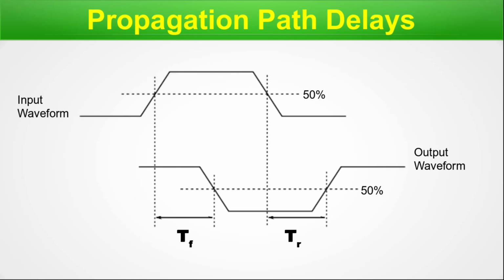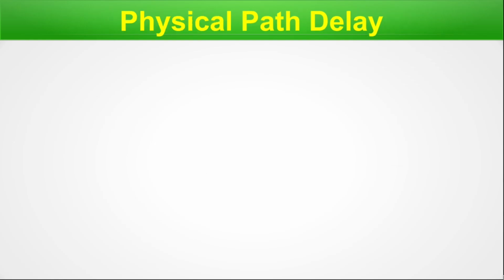So guys, here I have drawn the picture very much identical to real circuitry, these two slopes. That means this slope and this slope will be different, and again when it passes through a block, this slope and this slope also will be different. So expect this in real cases. We are done with this particular slide, so let's move on. Physical path delay.